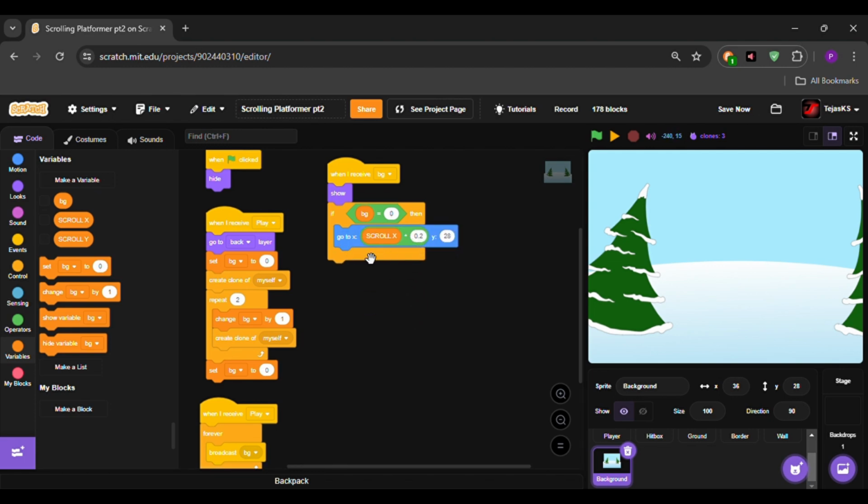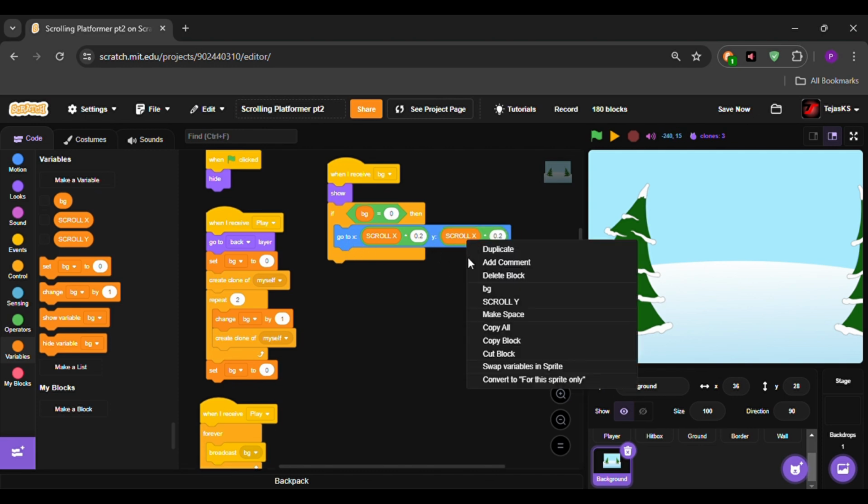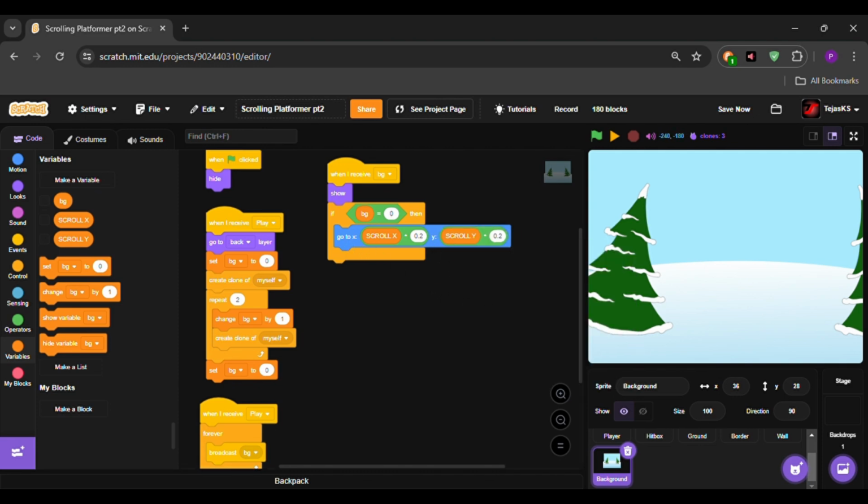Make sure that you put scroll X in X variable, X characteristics only, and Y in Y. Scroll X and scroll Y,